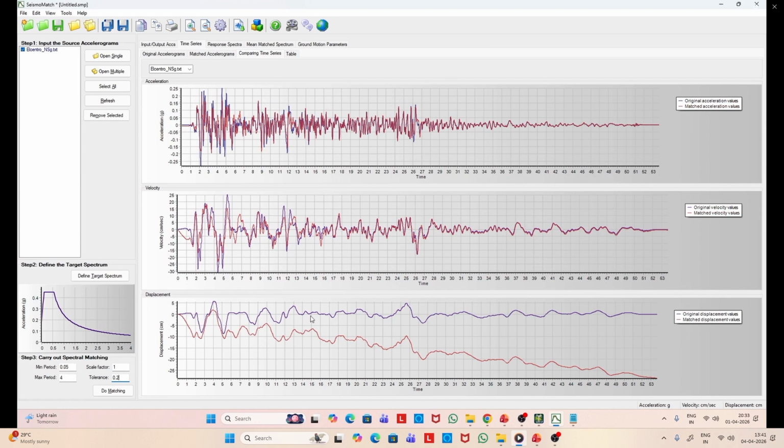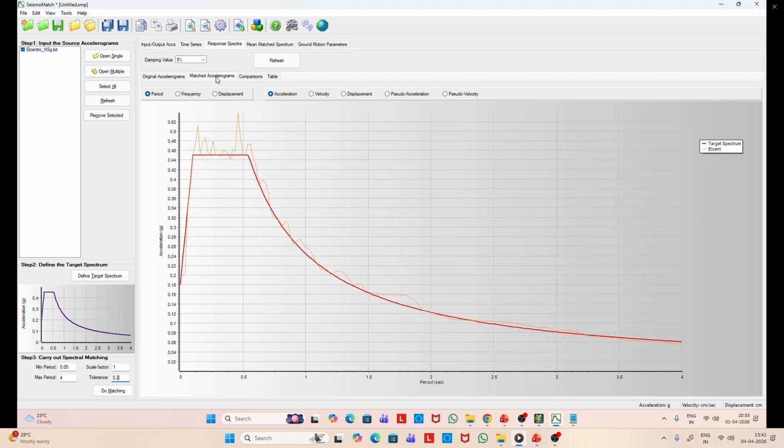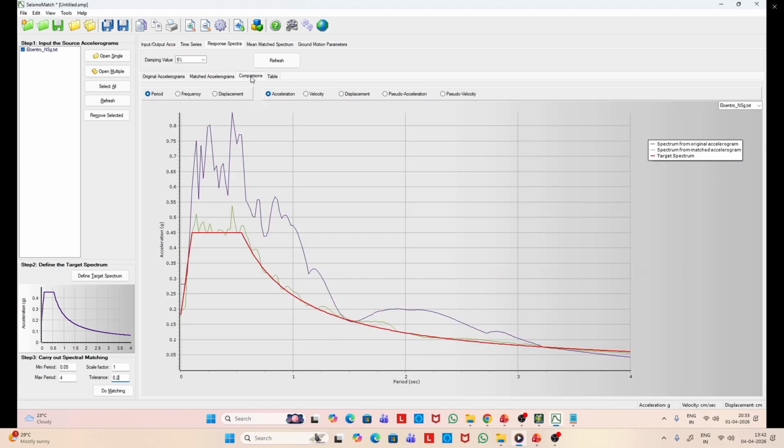So we can do our analysis with the acceleration only. And then this is the original response spectrum. This is the design response spectrum. If we use the original record, we get this response spectrum, which after matching comes close to the design response spectrum. And as I told you, if you reduce the tolerance, you can have a better match. That's not possible here in this free version.